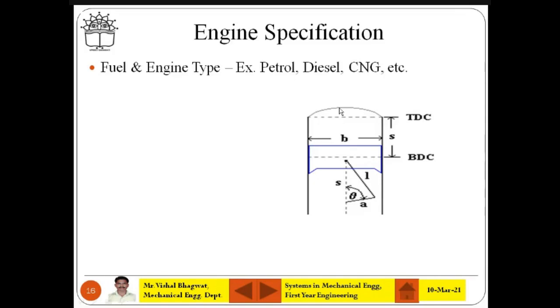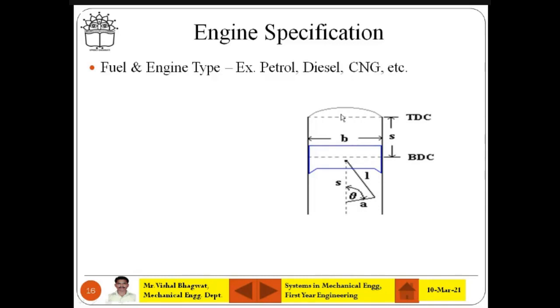I mean, it will not touch here. There is some gap. Can you see the gap here? Actually, there is a dotted line, and above the dotted line there is some volume. So the piston is able to acquire a certain volume between BDC and TDC only. That is called swept volume. The piston is moving from BDC to TDC only. It is not going above the TDC. So the volume between BDC and TDC is called swept volume. That is the only volume traveled by the piston.